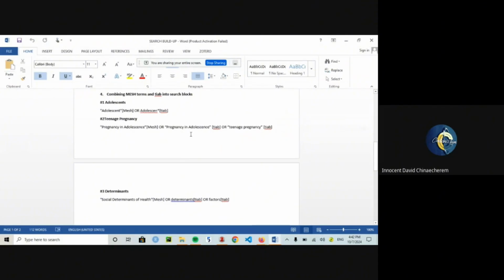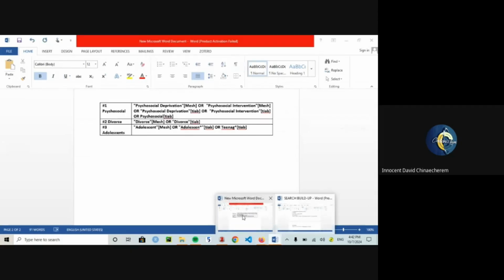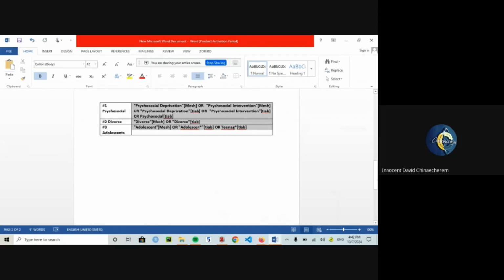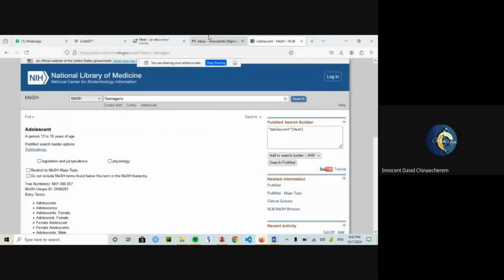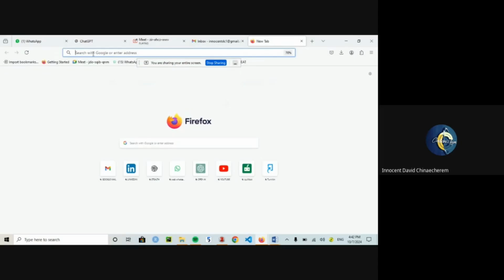Okay, MeSH or determinants or TAP or factors and all that. Okay, cool. So now, what do we do next? We now go to PubMed. We log into PubMed, so we close this, open PubMed, search,